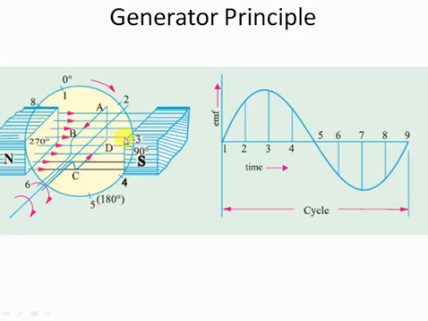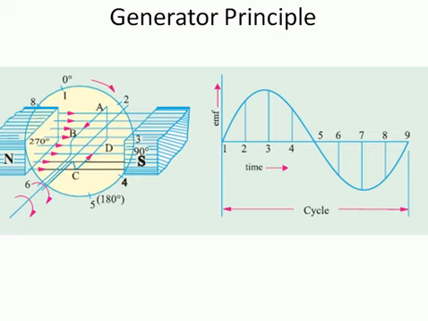In this position, the coil will be lying horizontally, or the coil will be lying along with the lines of flux. Then moving to position 4, that is from the initial position after 135 degrees of rotation, then moving to position 5, that is from the initial position after 180 degrees of rotation. So let's see what the nature of induced EMF in this coil side is during this 360 degrees of rotation, or during one complete cycle of rotation.